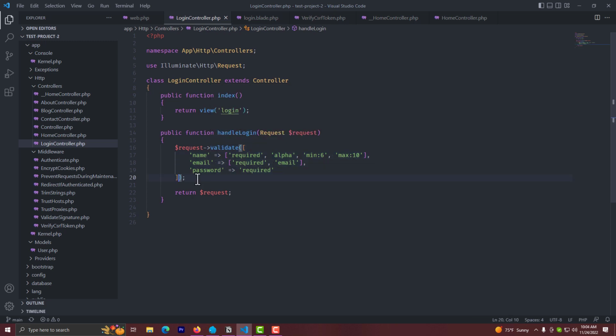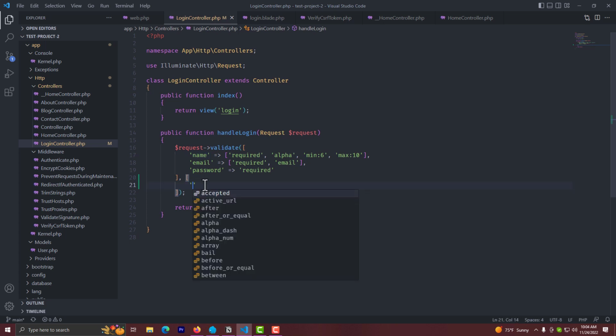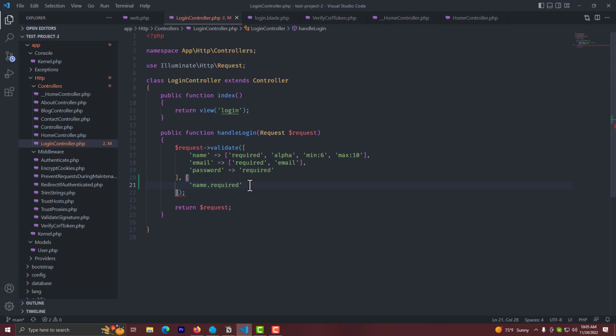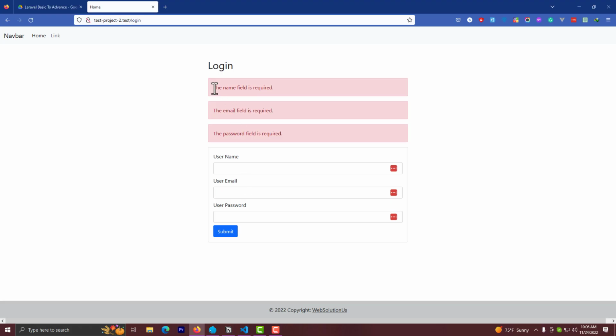For that I will just declare another array. In this array we can customize our alert text easily. Let's say I want to customize this required rule validation text. For that let's target the name field first, and that will be a string. As a key you have to say name, because we are targeting the name field. Then dot, now you have to say the rule name. The rule name is required. So we are changing the name field's required validation text. In the value we will put our custom validation text. The default validation text for name is the name field is required. So I will change it to